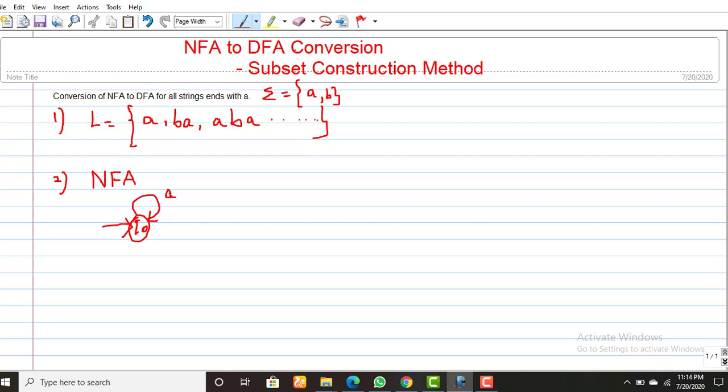It may be either A, comma B, but my automaton definitely goes to the final state when it receives the final A. This is the final state, that is Q1. So this is the NFA for the given problem statement.